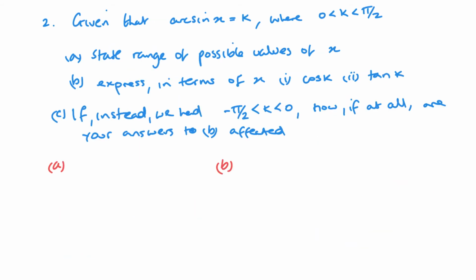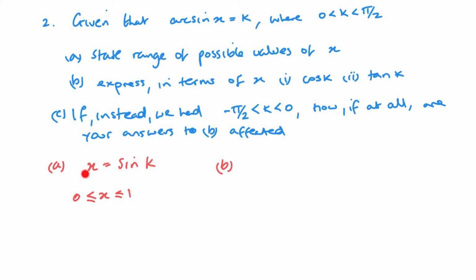Okay, so starting with the arcsine x equals k, that means that x would equal sine k. Now remember, we're already limited with k between 0 and 90 degrees, that's pi by 2. That means that the values of x can only take a value between 0 and 1. That's all that's going to give me an angle between 0 and 90 degrees. Now, for part B,